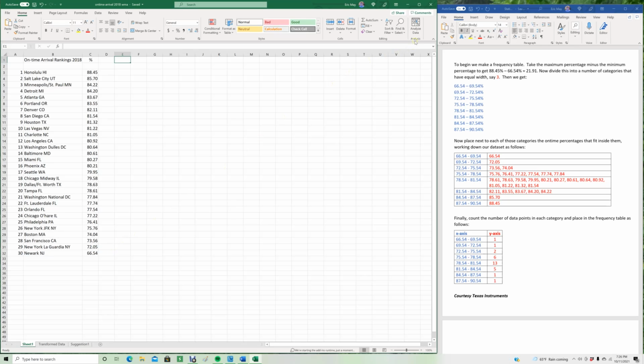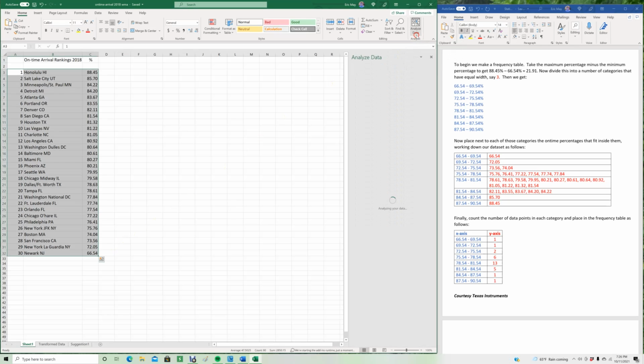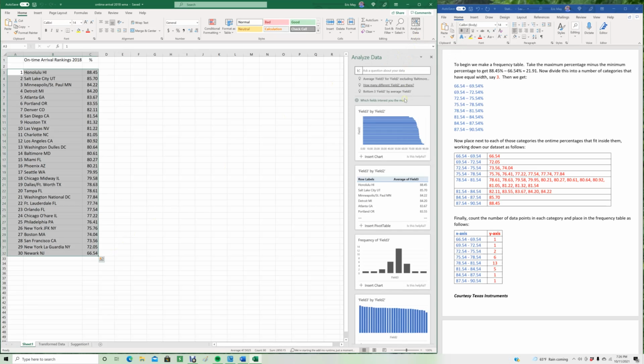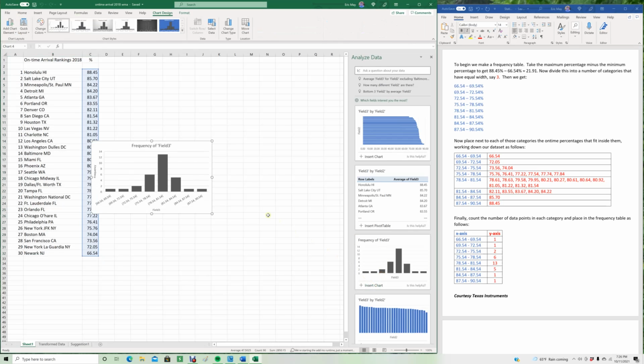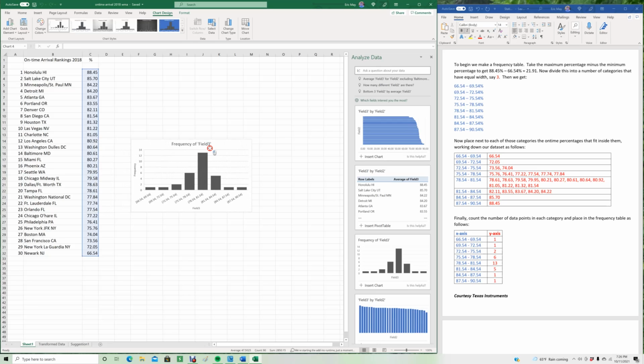You simply go up here to the right to Analyze Data, click on that, and then there's a listing here of 4 or 5 different plots that you could look at. We want this one here that shows sort of a histogram, more of a bar chart, and you click on that and click Insert Chart, and it pops up over here, and this is the chart showing the frequency data